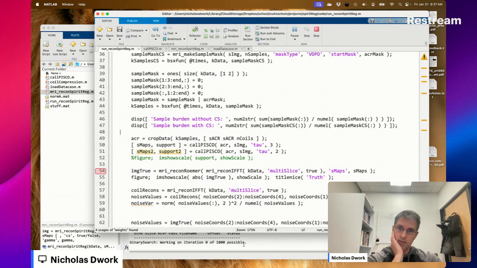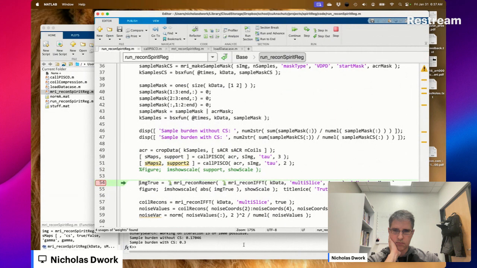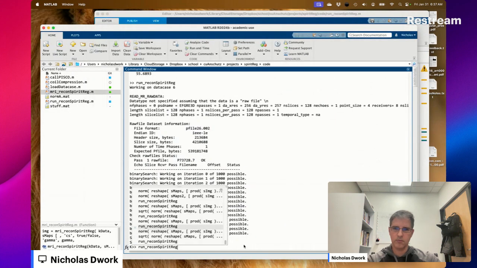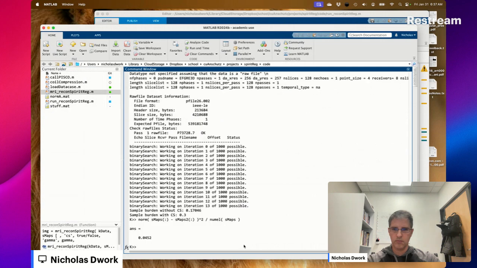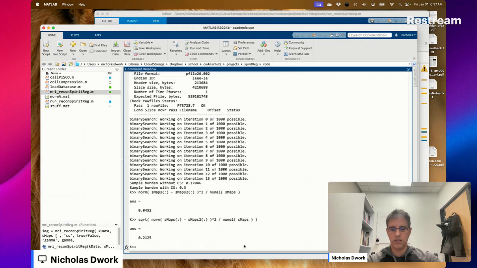What about just taking the norm squared of the difference and dividing by the number of elements? Take the square root of that. 0.2.